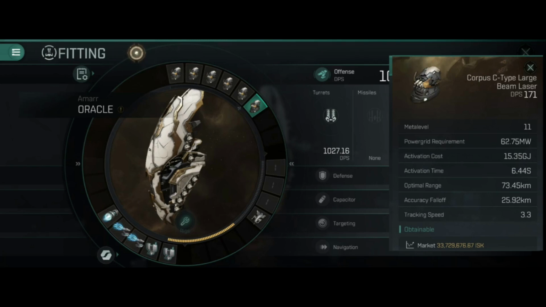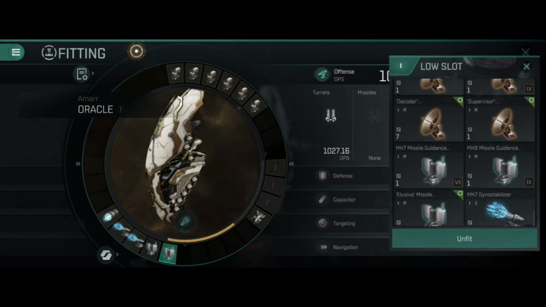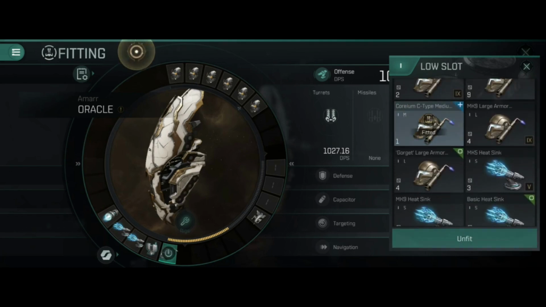So that actually is going to allow us to fight pretty much the same way that we did before. Unfortunately, only running 2 of these means you can't sit out at the extreme ranges full time. So you do have to come in. And this one isn't running any type of real armor repping of any sort. If we throw an armor repper on here,